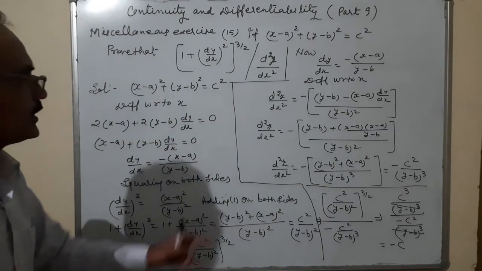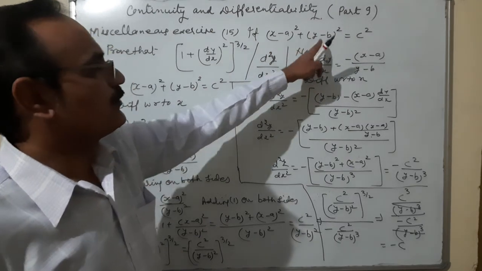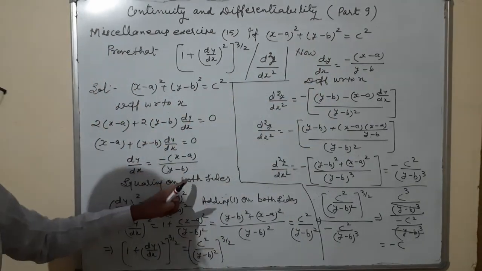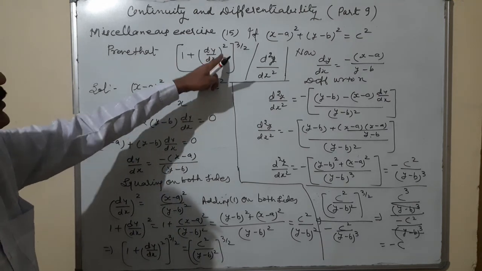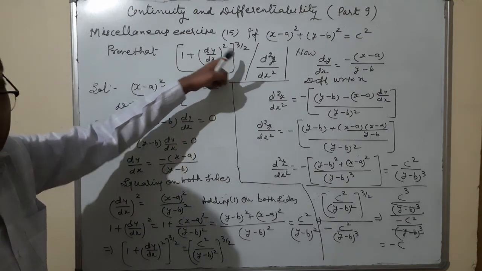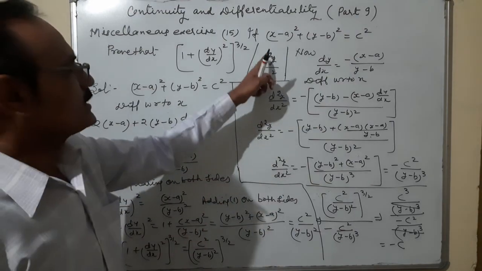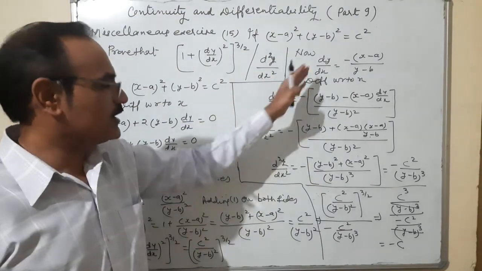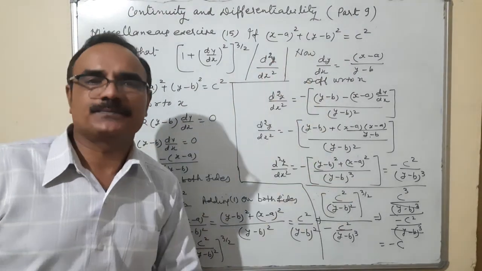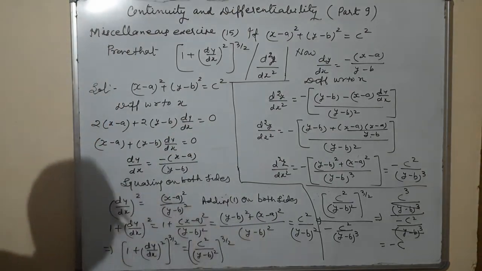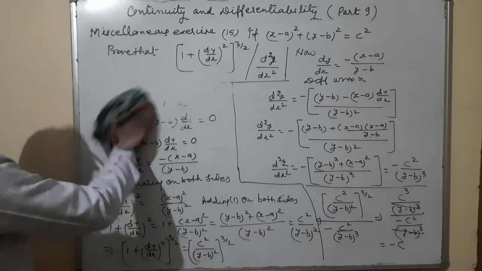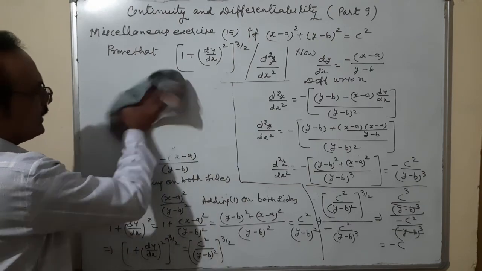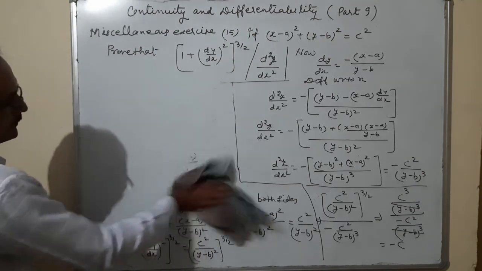In this 15th question, this term is given. First you differentiate to get dy by dx, and squaring on both sides, that will make the term 1 plus dy by dx whole square to the power 3 by 2. Leave this as equation number 1. The second derivative is required. Again differentiate the same term and divide it. So after division of first and second, you will get the result minus c, and minus c is a constant term which is independent of a and b. Okay.